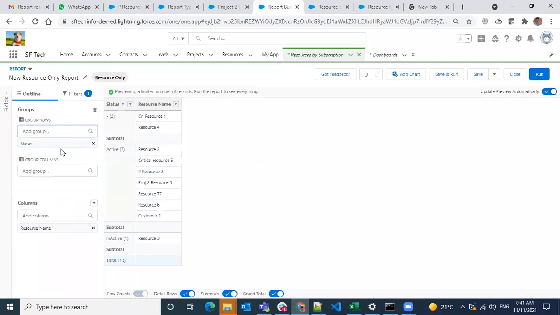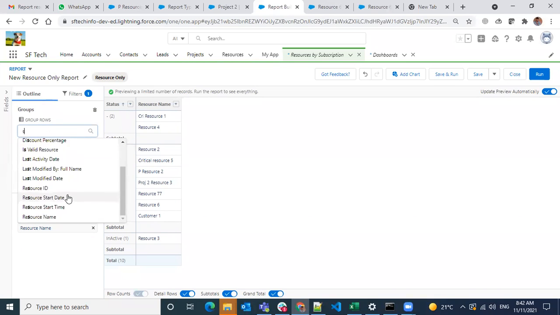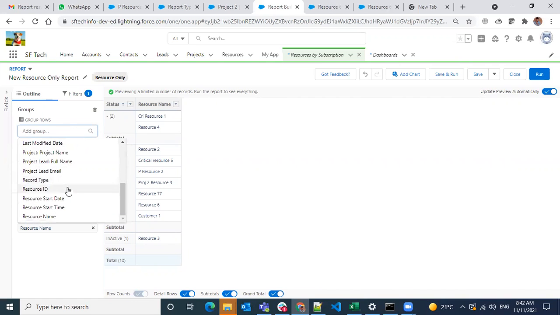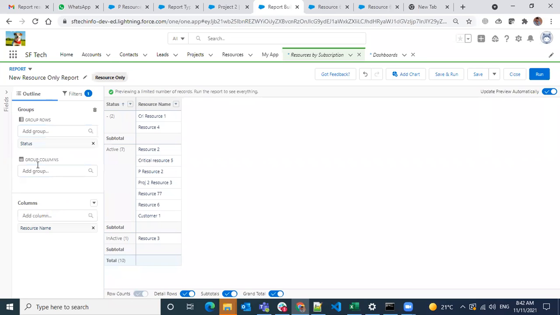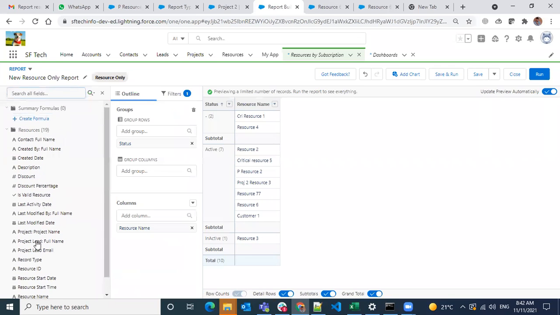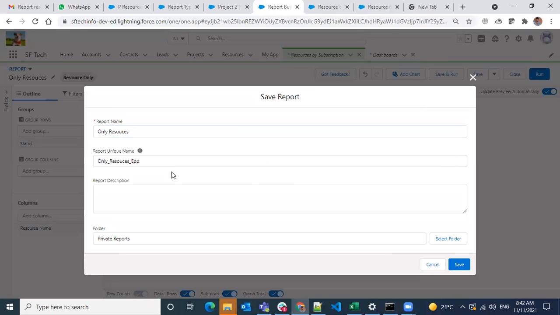What are the statuses we have? Most of them are blank and active here. And what else do we have here? I don't see a subscription field over here because I have not added that field in the report type. That's why I was not able to see that field. So for now, I will create this report. Save and run.